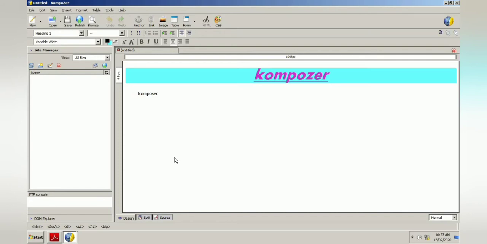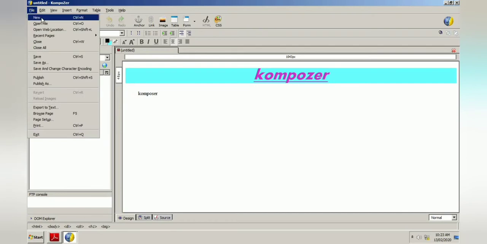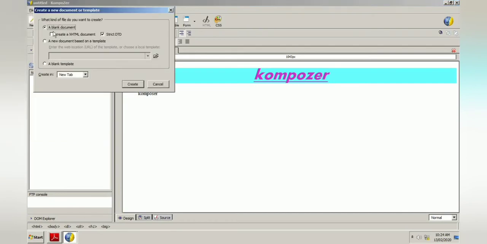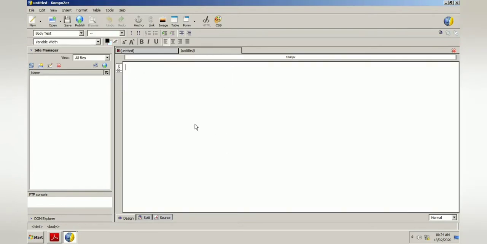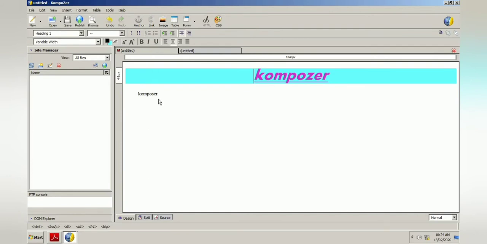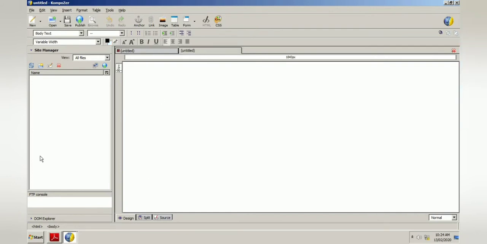Now the next section is our main section, known as the page pane. In the page pane we can open so many things, so many web pages. See, if I want to open a new document, I will go to File, New, and it will ask me for a blank document, then yes, create. So here you can see another document has been created. Now easily I can move between them. This is my first page and this is my next page.